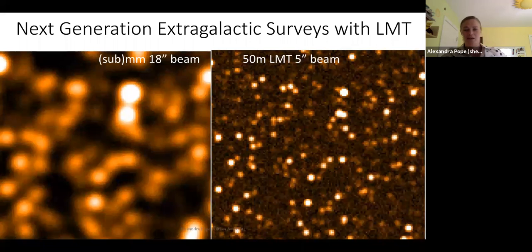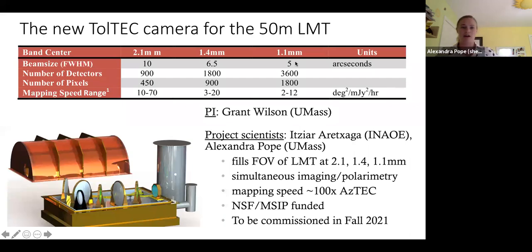Well, this slide here is meant to demonstrate the vast improvement we get, not only from the resolution from going from a smaller millimeter telescope that has an 18 arcsecond beam, this would be Herschel at 250 or a little bit larger than the Scuba 2 on the JCMT, to something with the resolution of the LMT. And you can see these blobby-like galaxies are now resolving out into multiple different galaxies, and you can pinpoint them very accurately. And so what do we need to be able to make these images? We need a big, powerful camera. And so Toltec is built for that purpose.